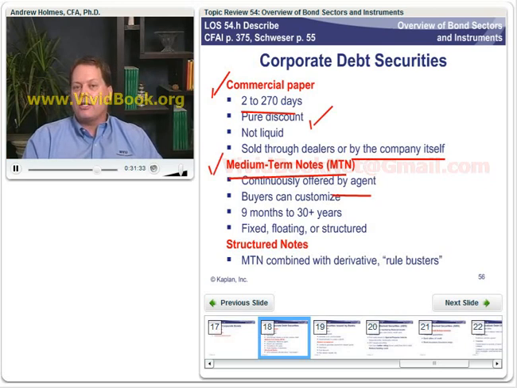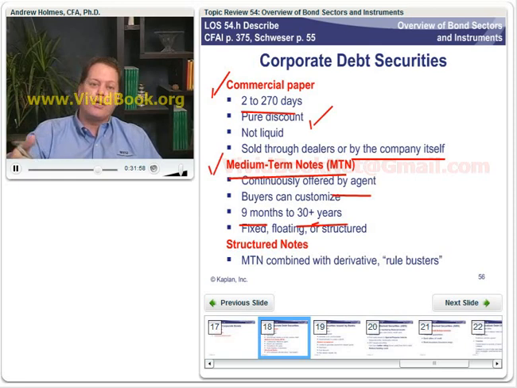need to create a security that has X maturity. And then you'll go and look at the yield curve and figure out what the coupon rate will be, and there'll be some negotiation and it'll be issued. These have been issued for as short as 9 months and as long as 100 years. So 30 plus. These have been issued up to 100 years. It's certainly hard to think of that as a medium-term note. A variable term note would have been a better description.